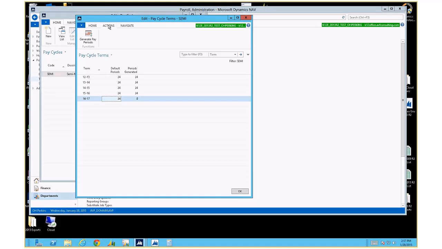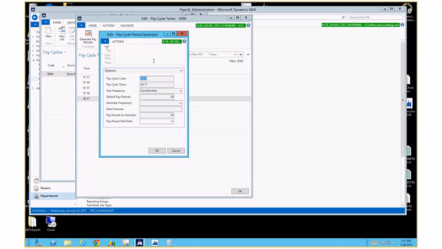And so what you do is you go to action, you generate your pay periods, and it opens up a screen in which it kind of knows what you're allowed to pick. So you can't really pick this value. It knows what to do. So even though it's hard to tell the way it's bleeding through here, the only thing you can actually pick is this right here,